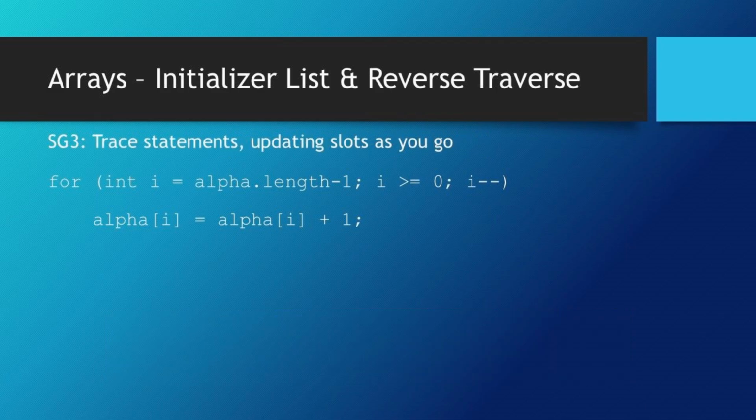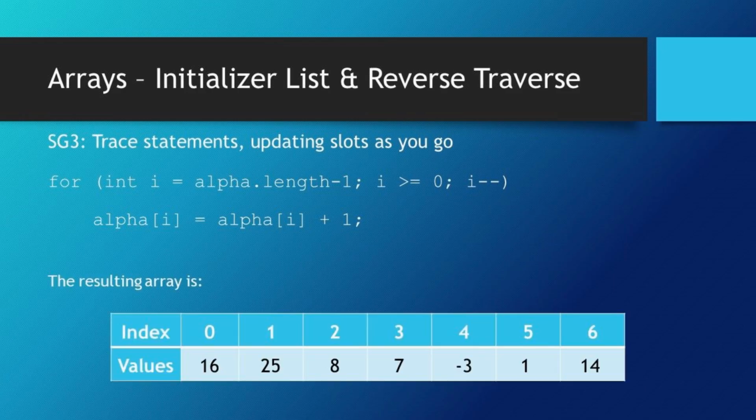For subgoal 3, we trace the statements, updating the slots as we go. For the first loop, we begin at length - 1. Length is 7, so length - 1 is 6. We continue while i is greater than or equal to 0, decrementing by 1 each time. And alpha sub i gets the value alpha sub i plus 1. So all of the values in the array are incremented by 1, starting with position 6 and going down to